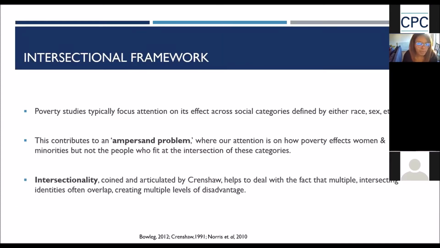So typically, poverty studies in the United States have focused attention on the effects of poverty across social categories that can be generally defined by either race, gender, or age. This focus on singular categories does make us aware that women and minorities are often much more at risk to poverty. And indeed, the US Census Bureau report on income and poverty acknowledged that in the year that I looked at, 2015, more than 24% of Black Americans are below the official poverty line